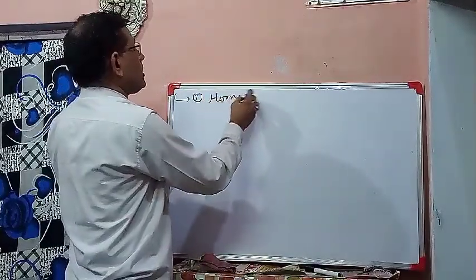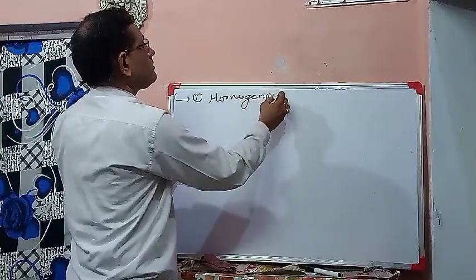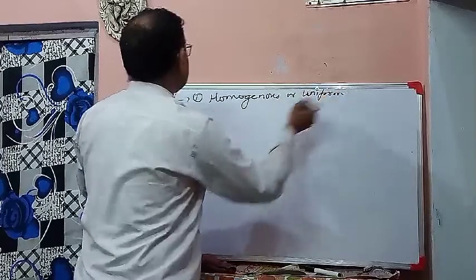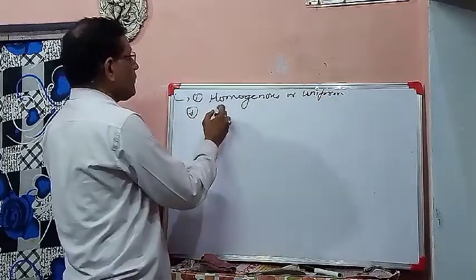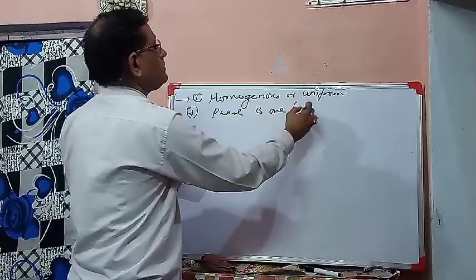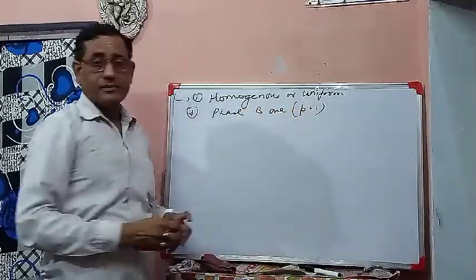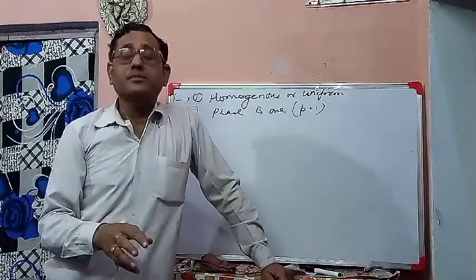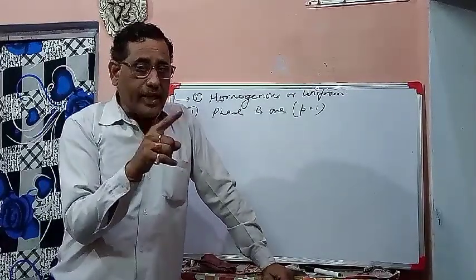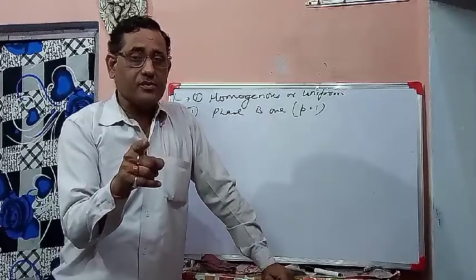It is homogeneous or uniform. Next is the phase value is 1. Phase is 1. That is, in a solution, all components will be in the same phase. You cannot identify which particle of